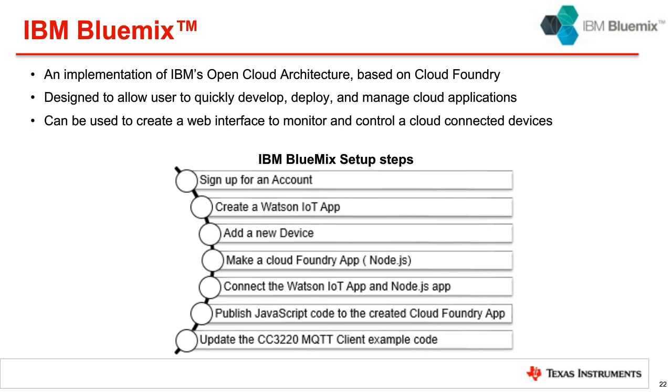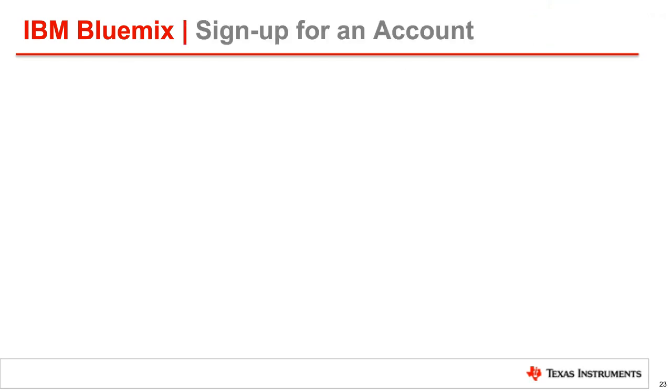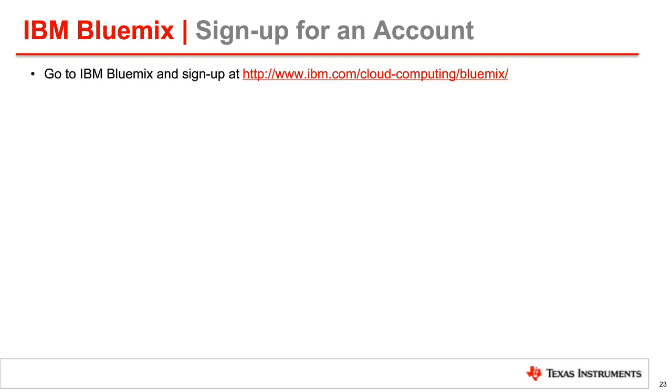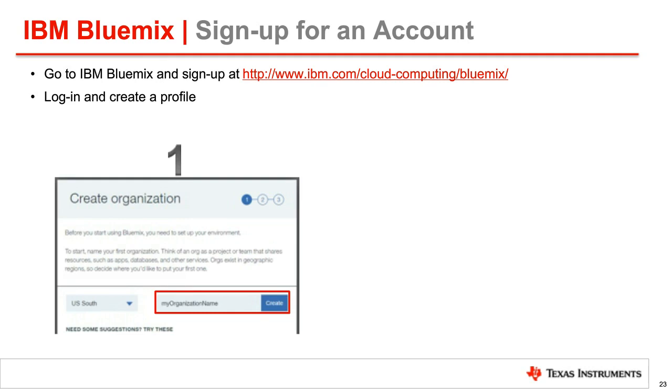And of course, the first step we're going to have to take is to go to IBM Bluemix and sign up for an account. Once you log in, you'll have to create an organization and a space for developing your application. Organizations are intended to represent a logical grouping of project resources. They can be used to distinguish between different sets of team members working on projects or specific services and resources of your cloud service, such as available memory.